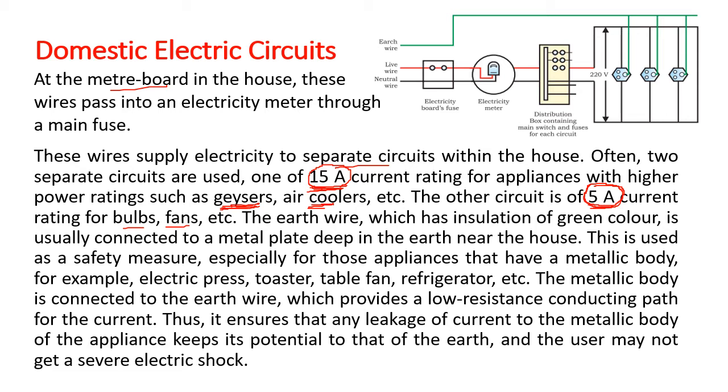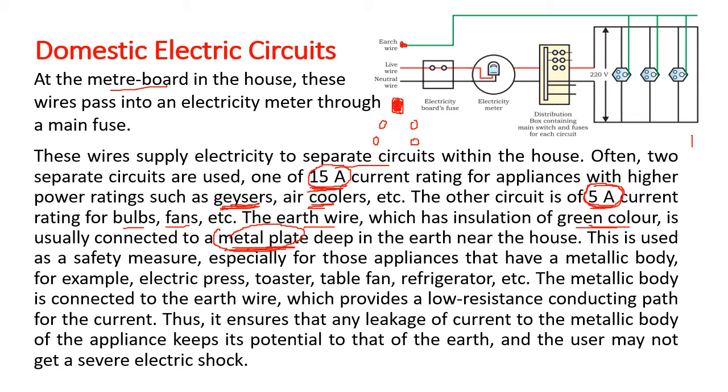Okay? Then I said the earth wire is of the green color. So just describing this earth wire, the bigger socket. You have to notice this is the earth wire, the bigger socket. Now what is the earthing? A metal plate, usually copper. There is a metal plate or a metal coil, usually it is copper.